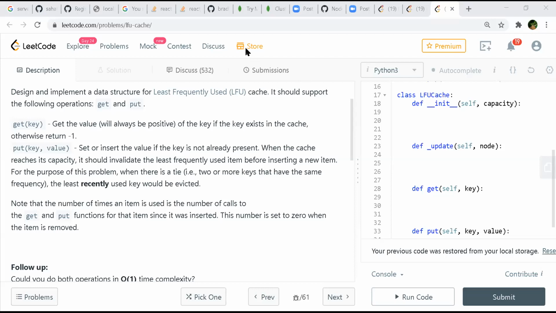Yeah, we will for sure need a map, but if we want to remove the least frequently used element in O of one, then I think we'll have to maintain a doubly linked list where at the head we are storing that least frequent element, and then remove that and change our head, something like that. Oh, okay, that makes sense. So what Harshit is saying is that even if you use a doubly linked list, that might serve the purpose of least frequently used as well as get, right?